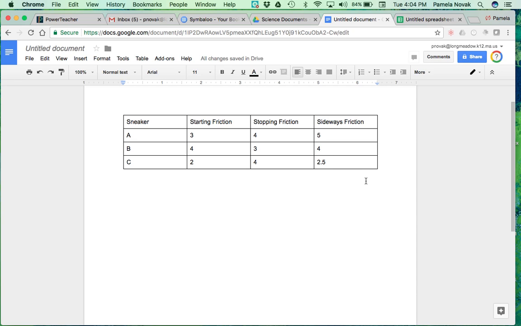Now let's say you forgot to add a row because you had 4 sneakers instead of 3 sneakers. If you click anywhere inside the table, you can then